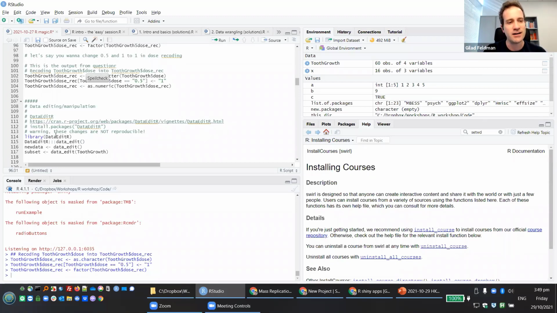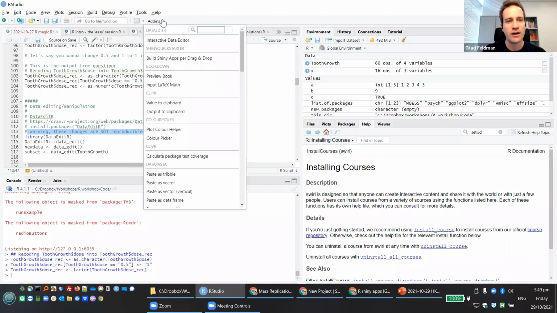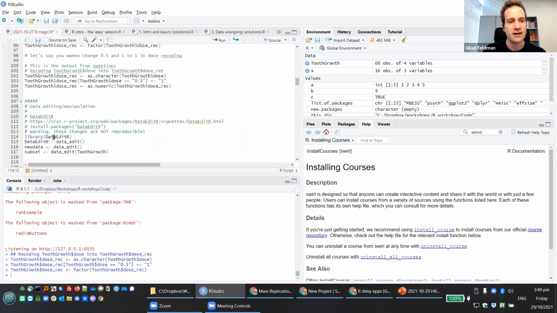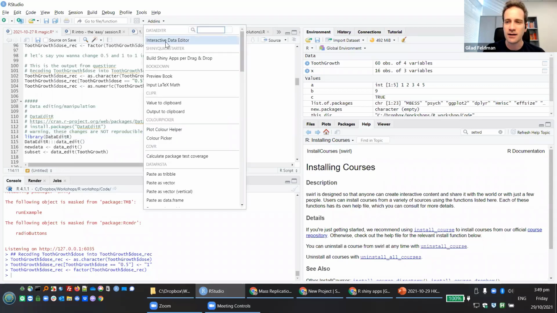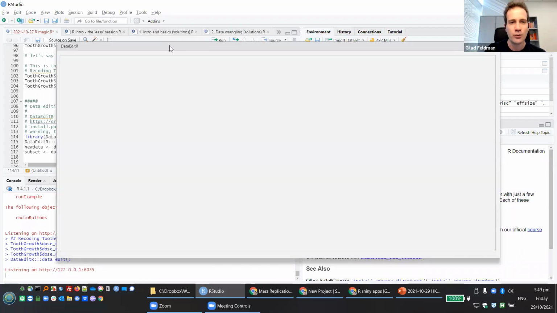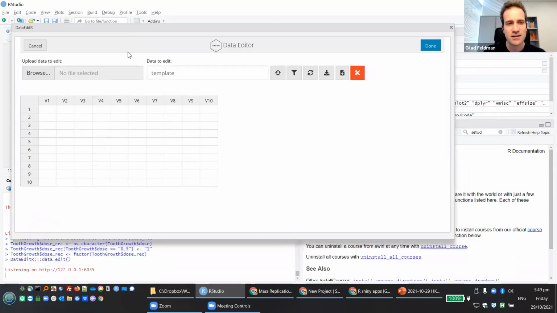The best way to do that is called DataEditR. If you run this library, so you install this, I included this warning: these changes are not reproducible. So it just allows you to tweak tooth growth in order for you to play around with it. But you can go over here and you can see this DataEditR, which is exactly the same library here. So if you load this, it will create an add-in here for you, and you can open this over here. And as you can see, as expected,